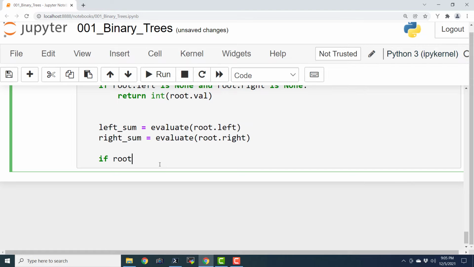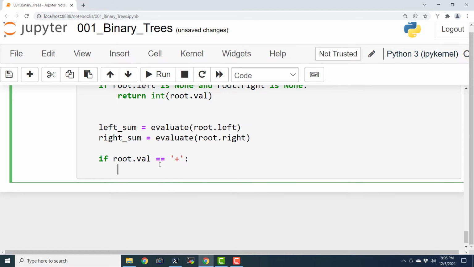So root.val equals plus. What's going to happen when it is a plus operator? Return left_sum plus right_sum.